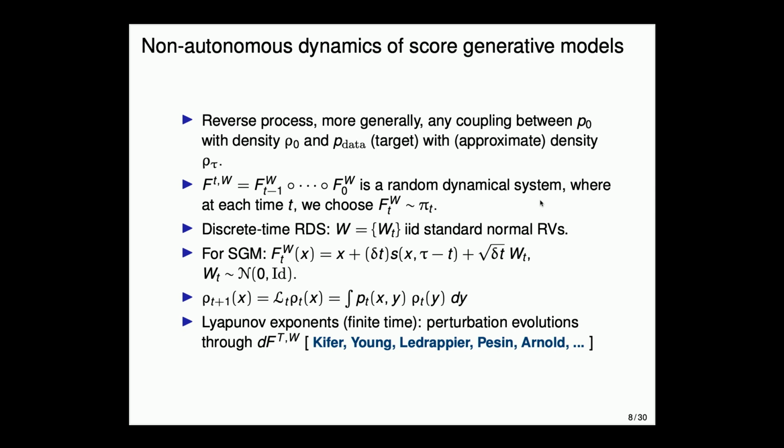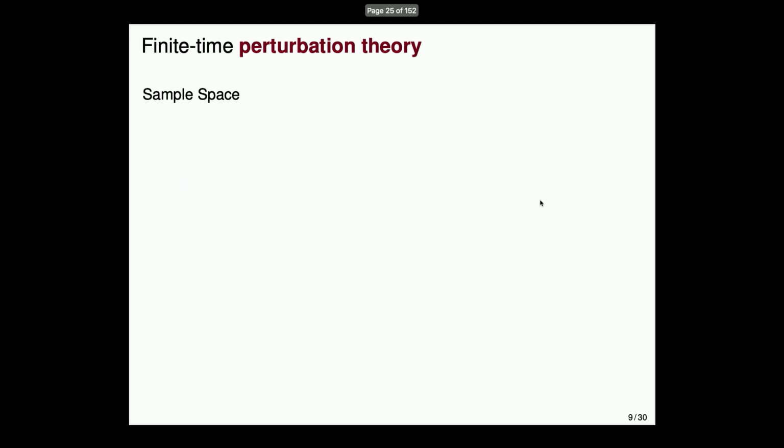Now writing this as a random dynamical system means that we can leverage a lot of random dynamical systems theory, which is a classical area, a subset of dynamical systems theory. And then there are concepts like Lyapunov exponents, which some of you may have heard of, which tells you how perturbations to orbits will behave. Orbits here are orbits of this generative model, so how your samples propagate in path space. But if you haven't heard of random dynamical systems theory, don't worry, because I'll tell you all that is needed in order to analyze our generative model.